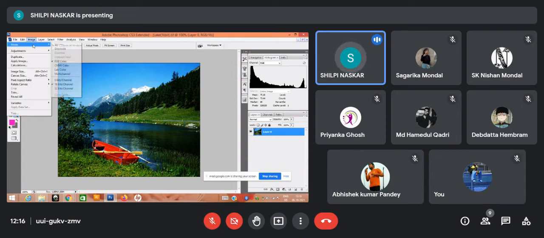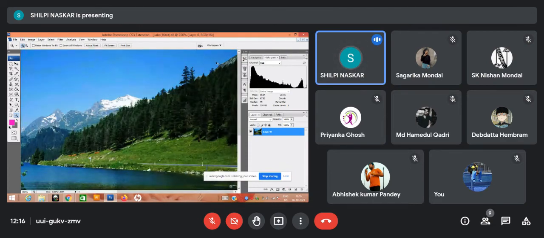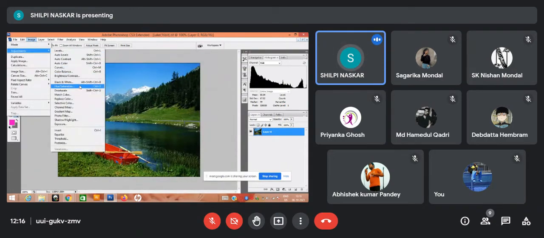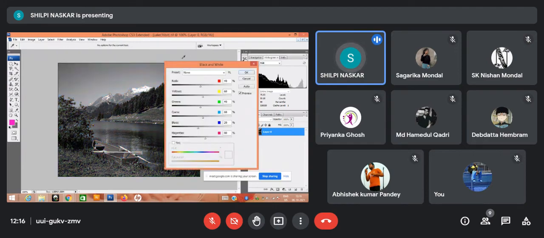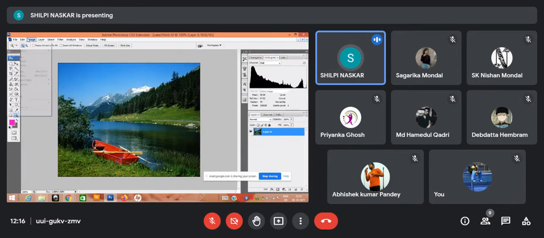Okay, so this is for overall application. I'm pressing Control Z again. Image adjustment: hue, saturation, brightness, contrast, black and white. You can make it black and white from here also, by changing the color channels also. You can go and check it out. Then you can go to